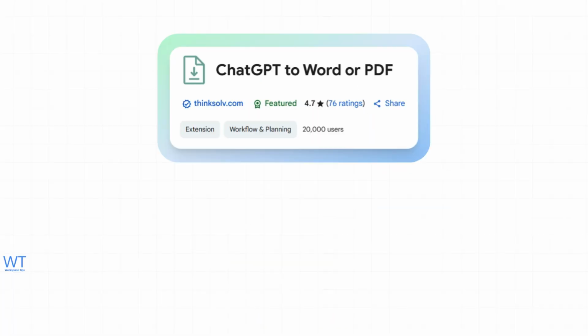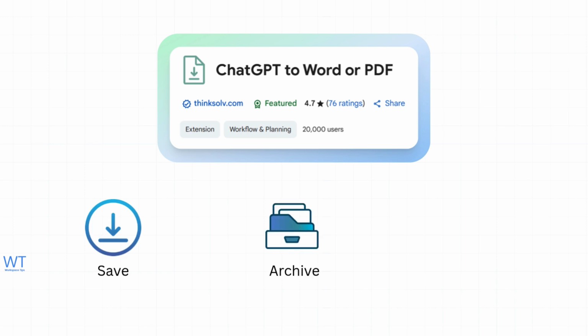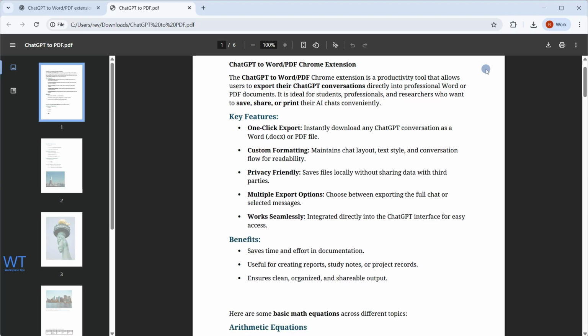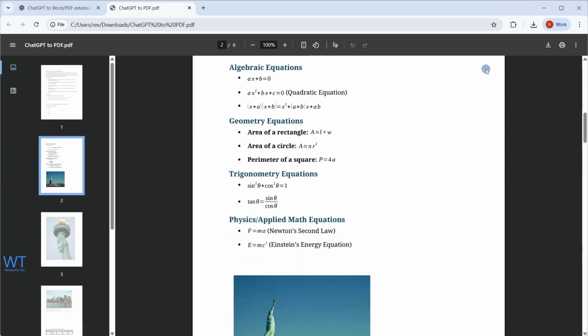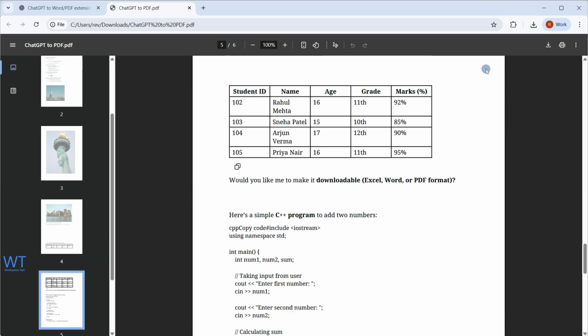That's it. With the ChatGPT to Word or PDF extension, you can save, archive, or share your ChatGPT conversations anytime, complete with equations, images, tables, code blocks,